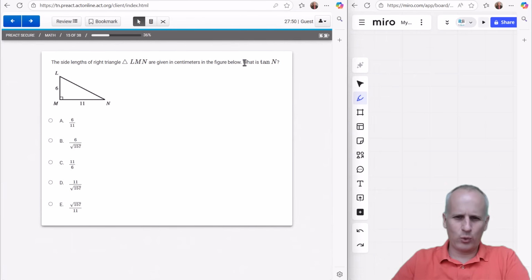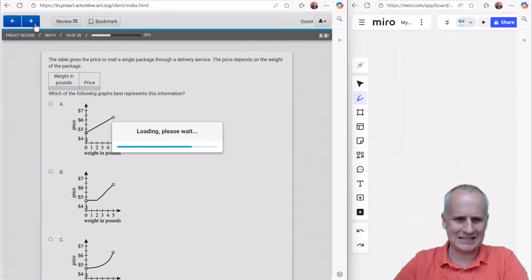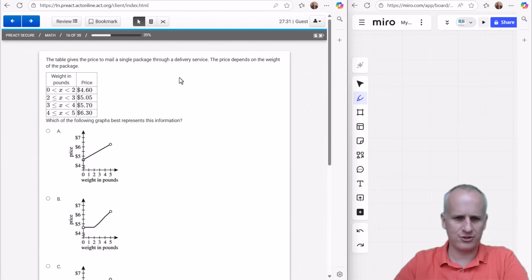We are being asked what is the tangent of n. We should hopefully remember that tangent is going to be opposite over adjacent, so the opposite side of n is going to be 6. The adjacent side of n in this right triangle is going to be 11, and our correct answer is A, and hopefully there's not much more to add to that, provided you know how tangent works